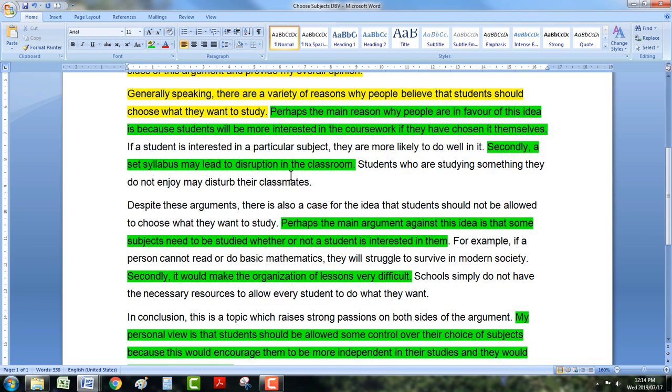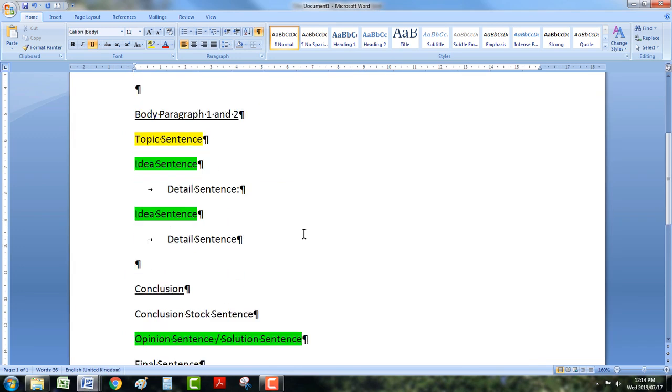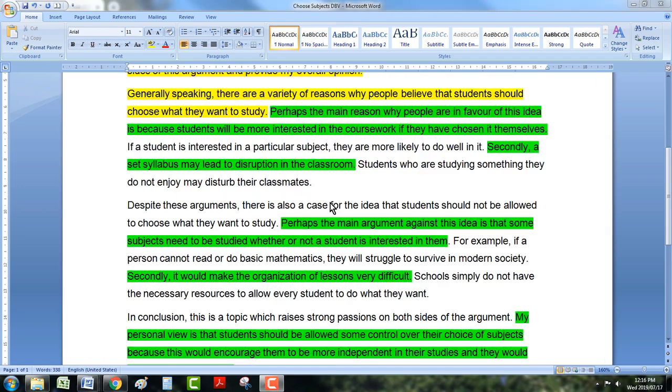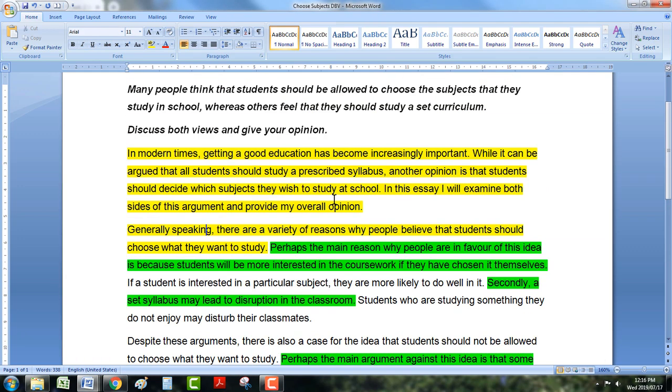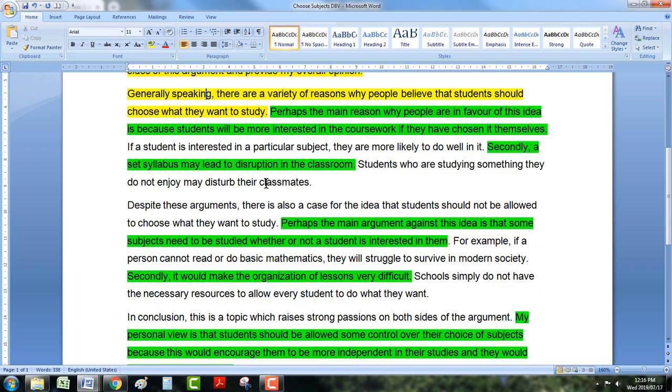So in these sentences over here, this is where the examiner is looking for, did you answer the question? Can he give you band 6? Can he move your score up to band 6? So far we're looking at something like that. So when the examiner is looking to decide, did you answer all parts of the question? Let's quickly look at the band descriptors.